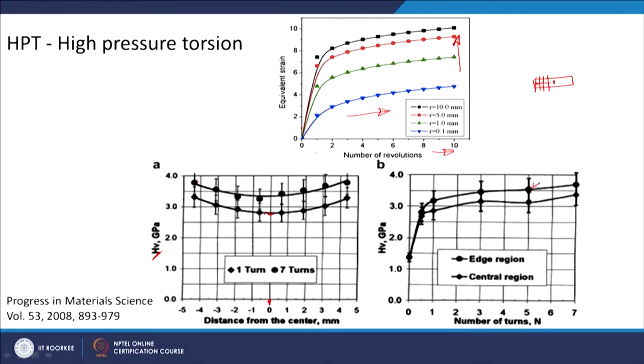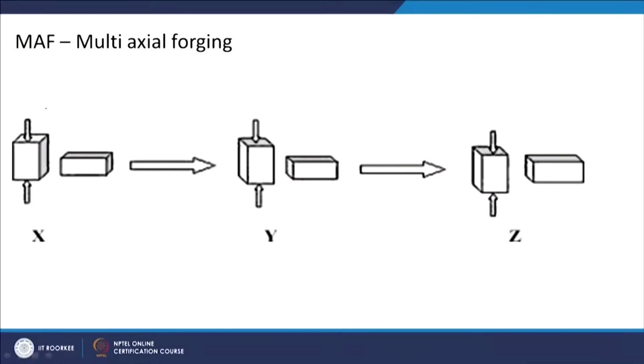So, this is at the edge region and this is at the center, okay, variation in the strain, and you can see the effect on the strength. Another one, again taken from conventional processes, forging, modified for a non-conventional process. So, basically the idea is that you start with a block like this, which has a higher length in one direction, and you forge it.